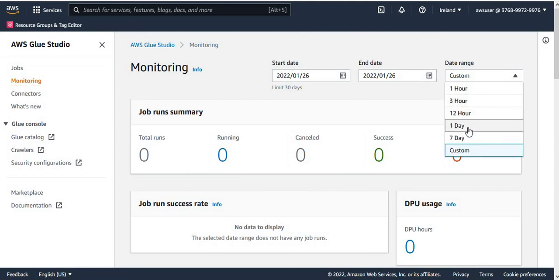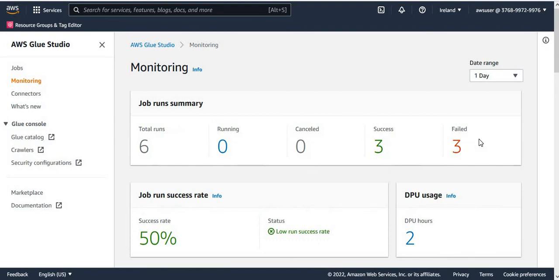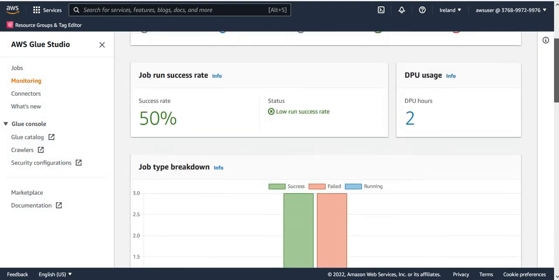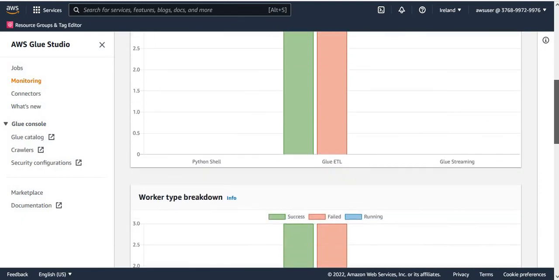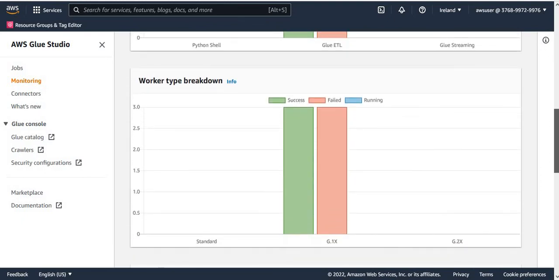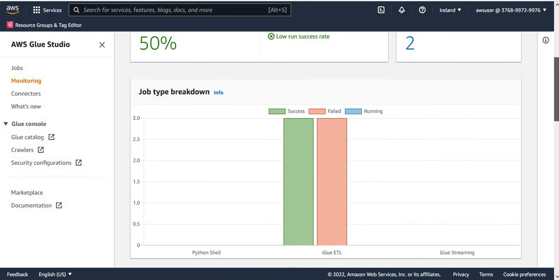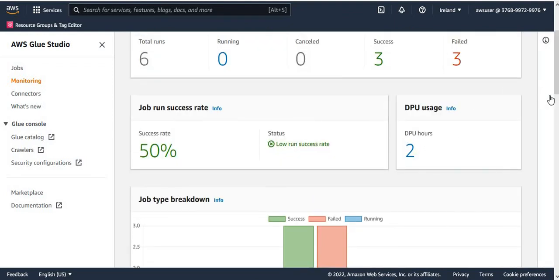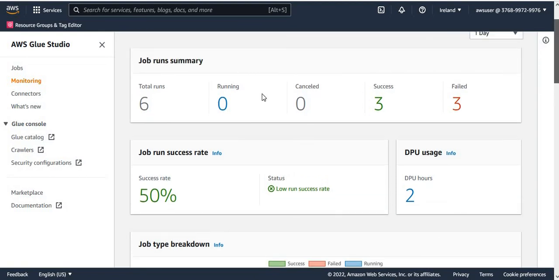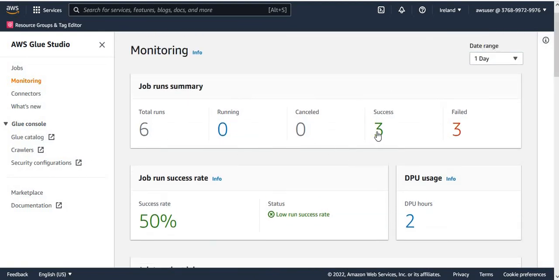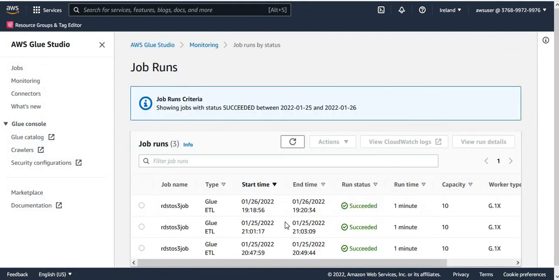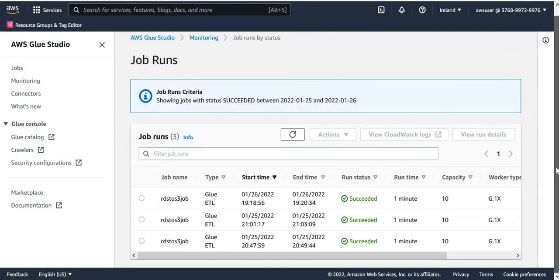If I go for one day, yeah, it's showing. You can see that. Okay, I'm looking for the 1 day. So looks like I ran many jobs over here today, but you can see here that it shows you the ETL jobs. Looks like I ran 6 jobs today, and then 3 succeeded, 3 failed. If I go to those 3 succeeded, you can see here I must have tested this job earlier today, and you can see